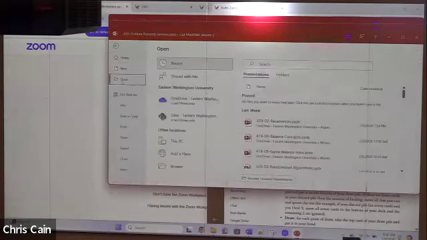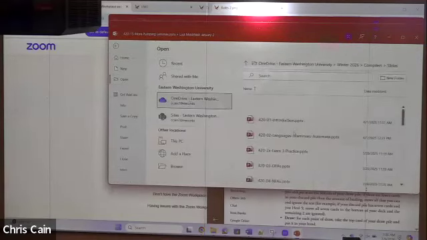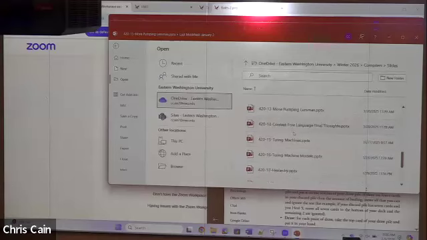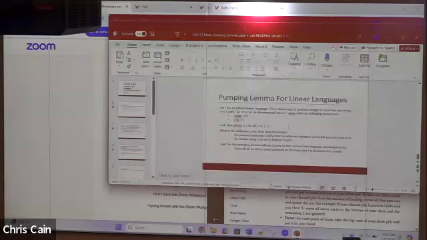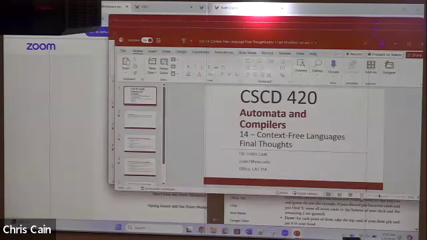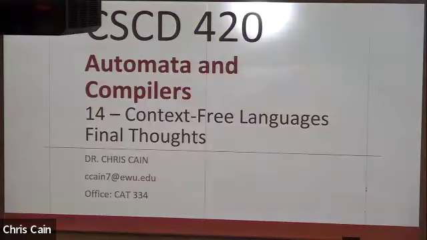On to bigger and better things. I guess we have some final thoughts here. Another very short slide deck. Before we move on to Turing machines, which are very interesting and have a significant effect on how modern programming languages have come to be,